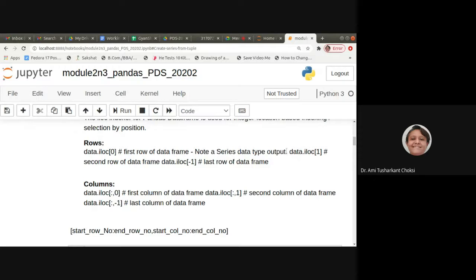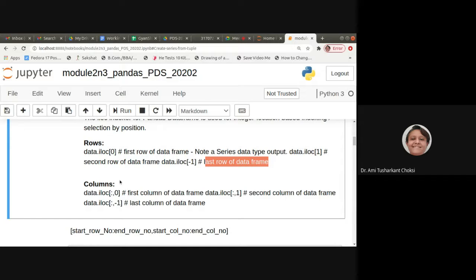And what if we give data.iloc[1]? It means the second row. What if we give data.iloc[-1]? That means the last row of the data frame.